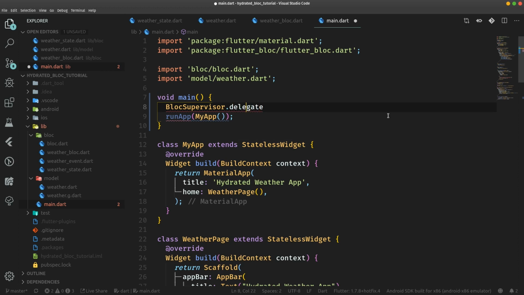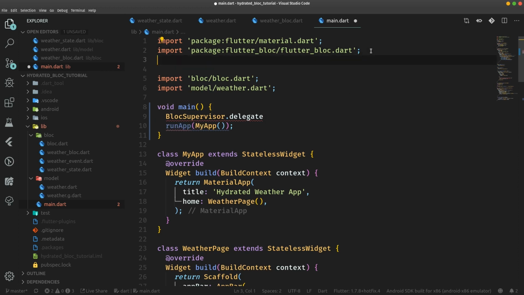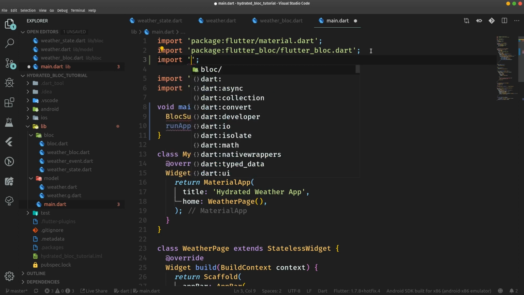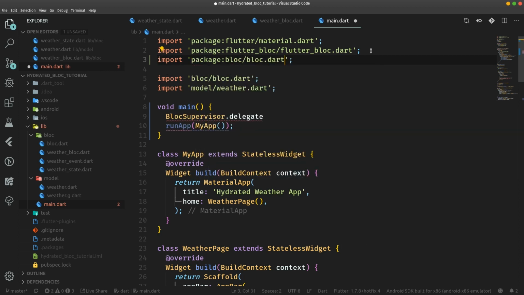We should import the bloc supervisor. It's probably not gonna get imported by itself. So we need to import bloc, the core bloc package. And we want to set this delegate to be equal to HydratedBlocDelegate